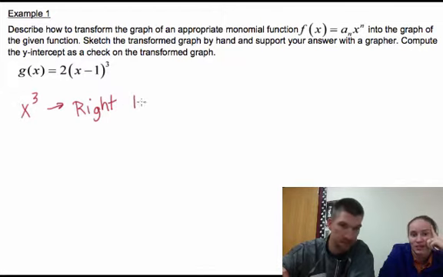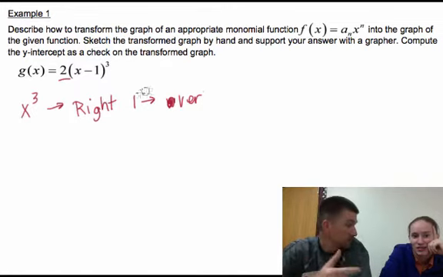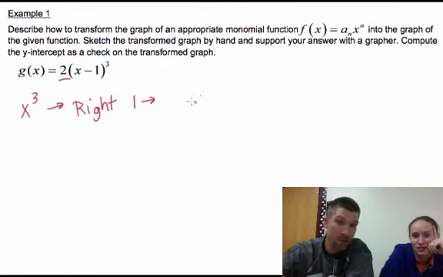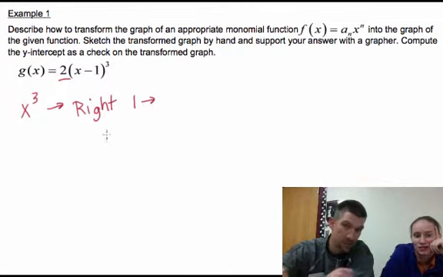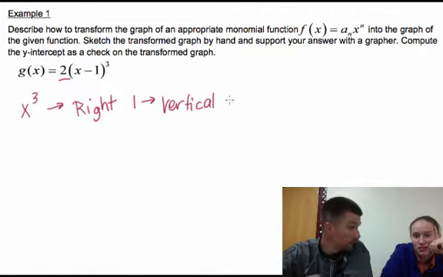Right one. And then the 2 in front is a vertical stretch. So we're going to have a vertical stretch by a factor of 2,